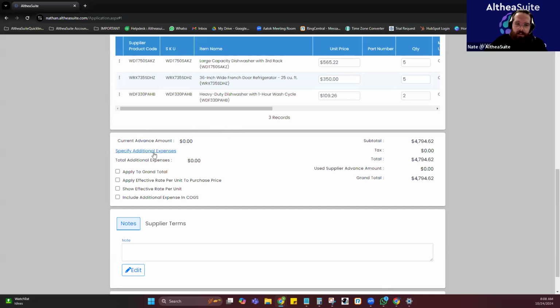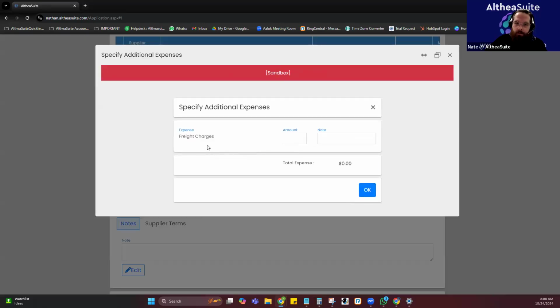And then this section right here is the specify additional expenses button, what I was referring to earlier. So if I want to, I can add some additional expense. In this case, it's a freight charge. So this expense is set up in the settings for your purchase settings, and we can tie in some certain financial accounts to this freight charge. So in my account, I have this tied to a freight expense account and also a freight payable account. So you just need to put in the dollar amount. So maybe this is $50 that were added onto there. Maybe you can add a note. Maybe this was for fuel. And then once we press the OK button,